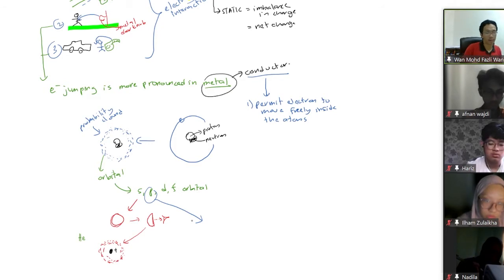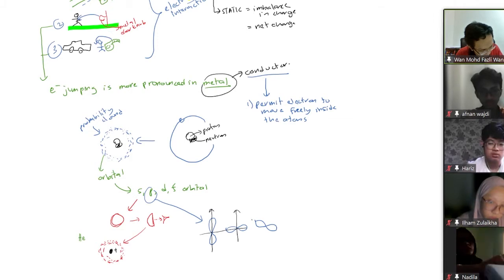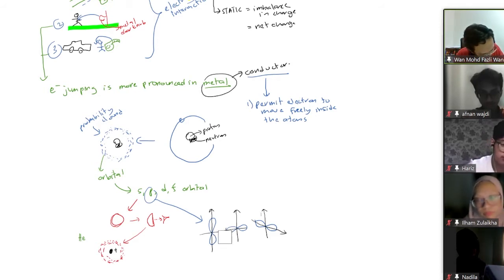The shape is not like this. The shape for the p orbital is like a dumbbell, like this. So you have something like this, something like this, and something like this. So let me draw it like this. It is just to show that